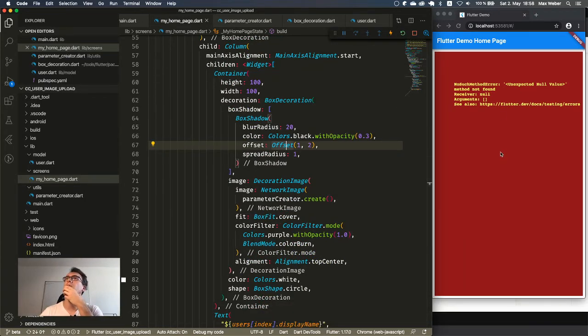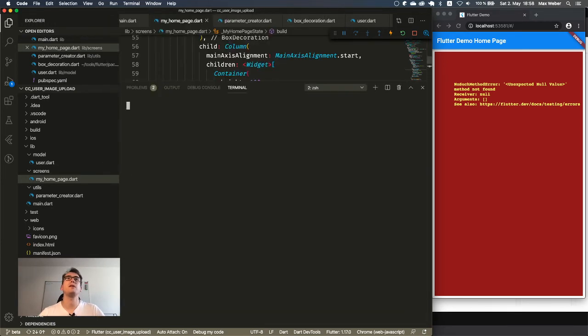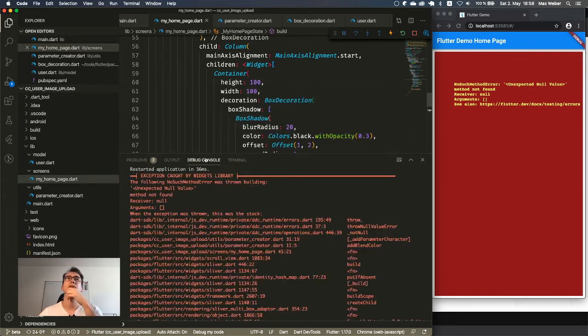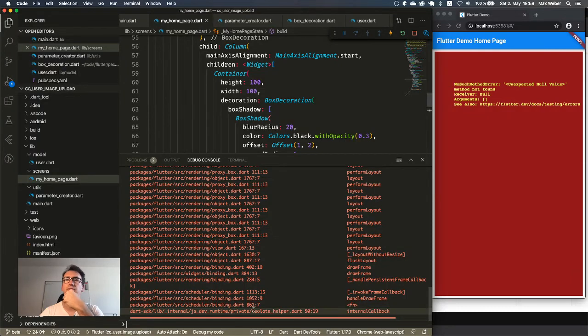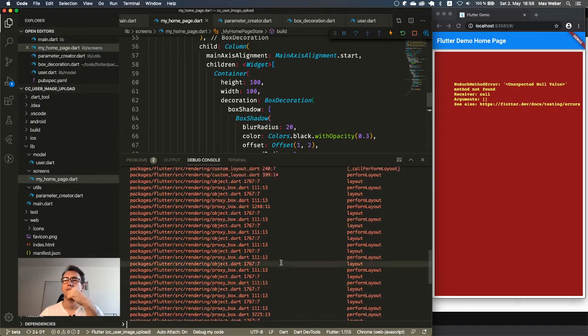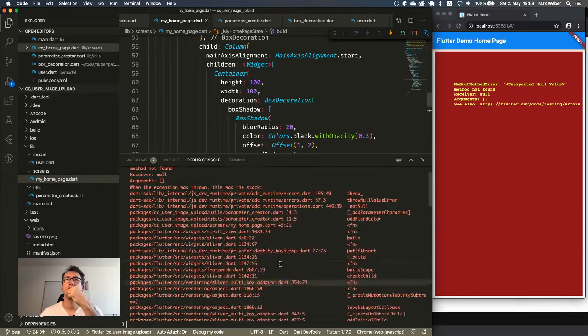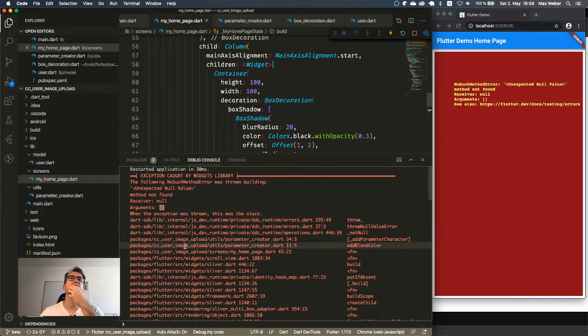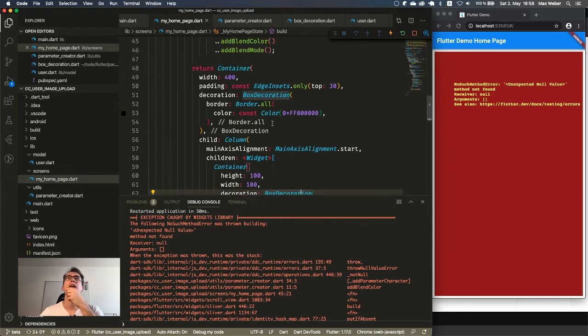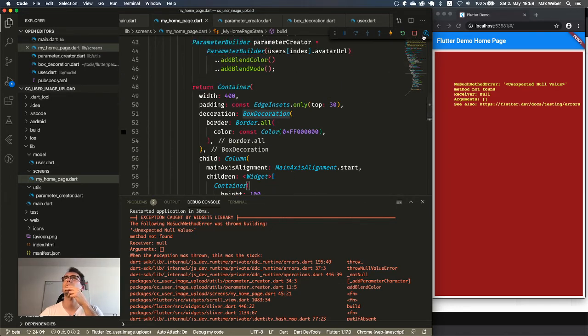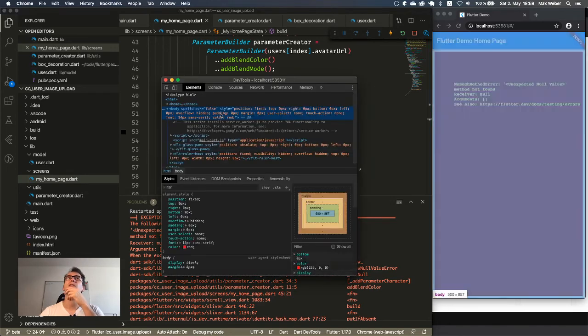That is a weird error at the moment. But maybe it's also a problem with the web that I don't get a right error message here. Where does it happen anyway? The widgets, rendering, bindings. Arguments is an empty array. Okay, I'm absolutely lost, to be frank. Where does this error come from?